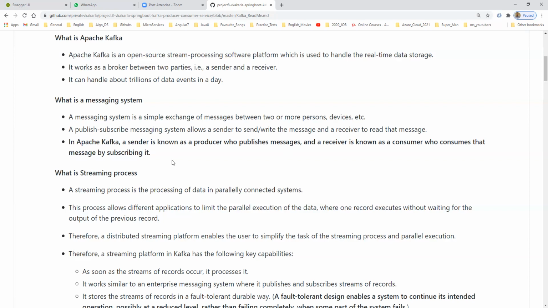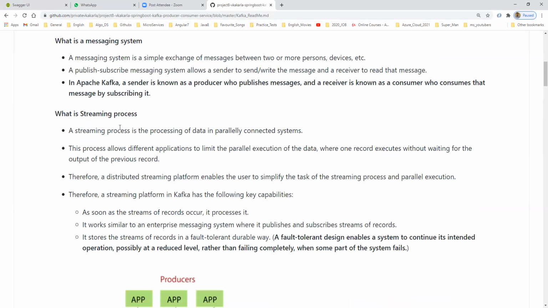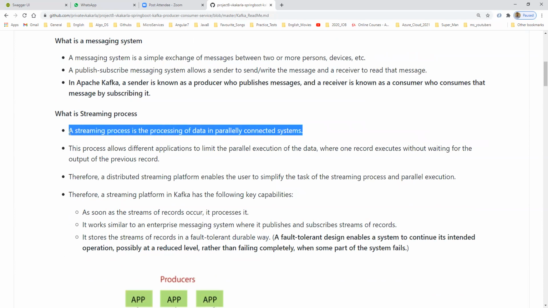Fine. All this process we can call a streaming process. So what is the streaming process? The streaming process is the processing of data in parallel connected systems. Parallel connected systems, in the sense that if you subscribe to my YouTube channel, person one may subscribe to the same channel, person two may subscribe to the same channel. So multiple persons subscribe to the same channel, right?